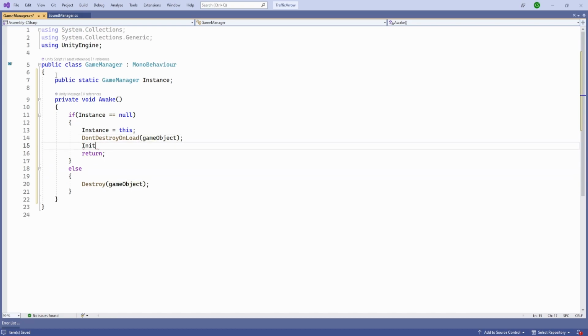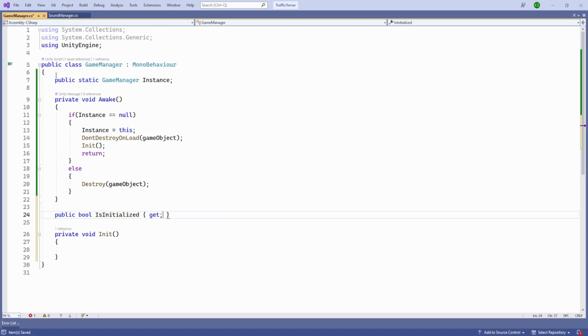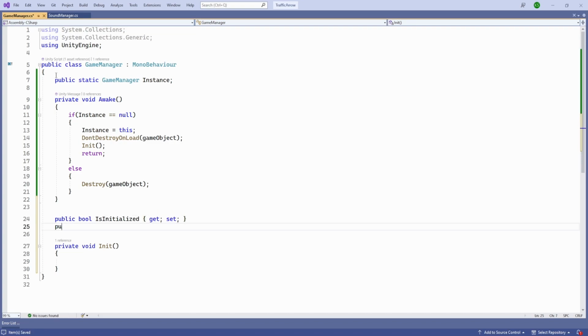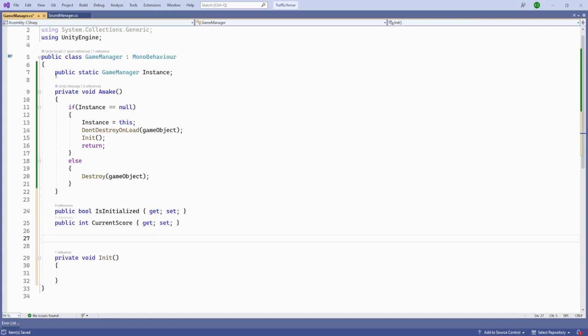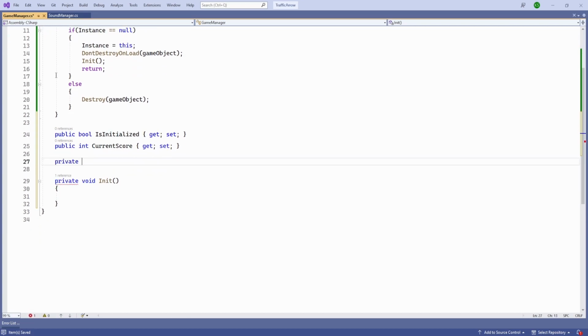And we also need to initialize our game manager, and we need to create an init function, and what it is going to initialize is a public bool is initialized, and we are going to have a getter and a setter, and a public int for our current score. And again we are going to have a getter and a setter, and also a private constant string for our high score key,